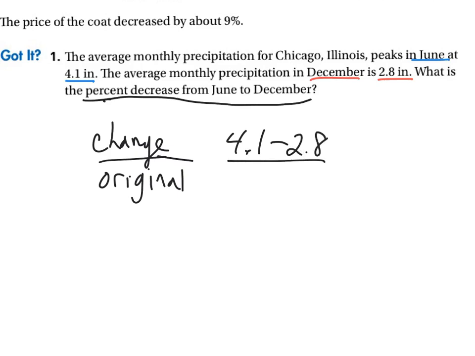And the original, in this case, is going to be the first thing they gave us. So it's a little bit of an odd setting here. But June came before December, I guess, so we'll consider 4.1 to be the original number. So if you subtract in the numerator, that would be 1 3/10 divided by 4 1/10, and it comes out to